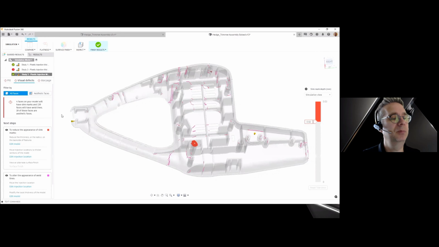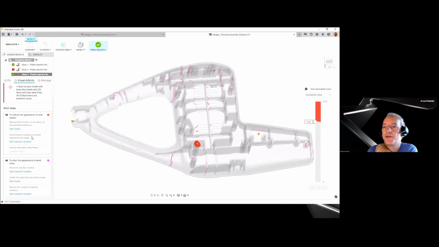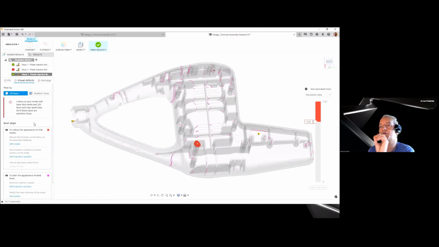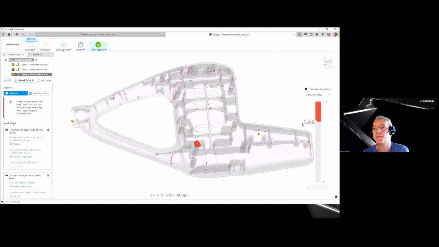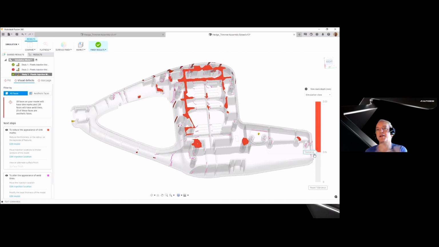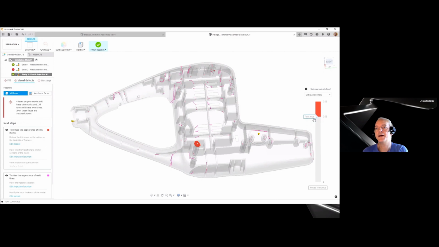So very cool, Tim. And actually, on the toolbar on the right hand side, you have a tolerance that you can manipulate. So if you in a company have a maximum allowable depth for a sink mark, we made an assumption what it actually is. But if you have your own guidelines in the company for the maximum allowable sink mark, you can make the threshold value for what's allowable or not actually visible.